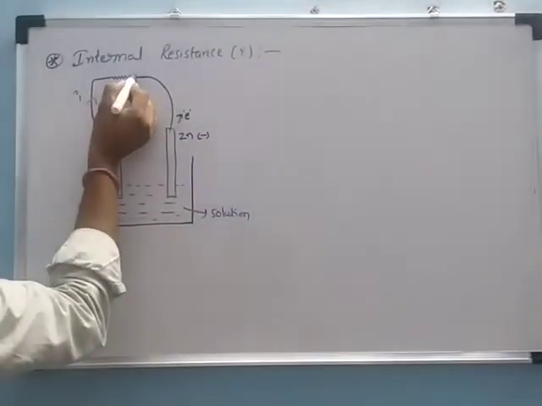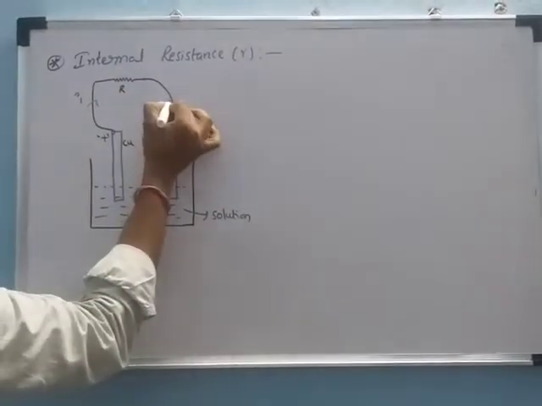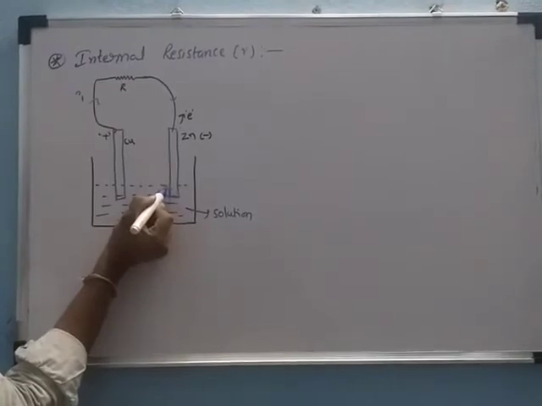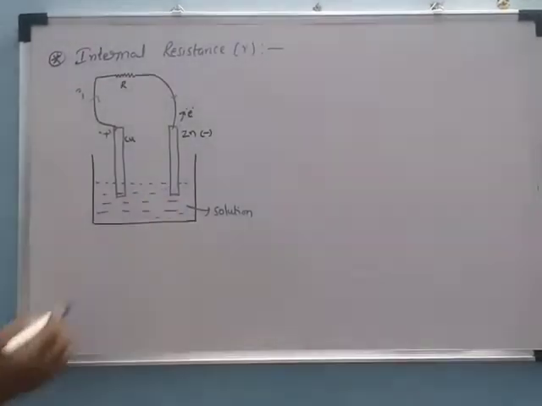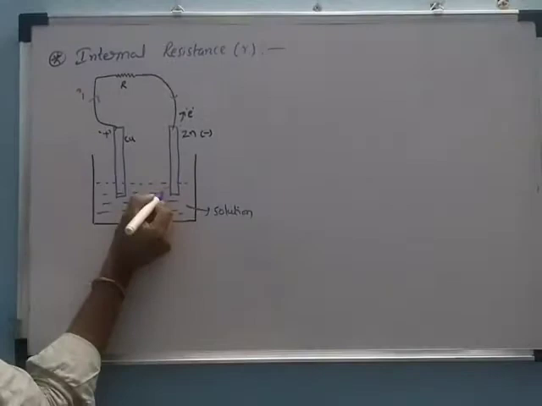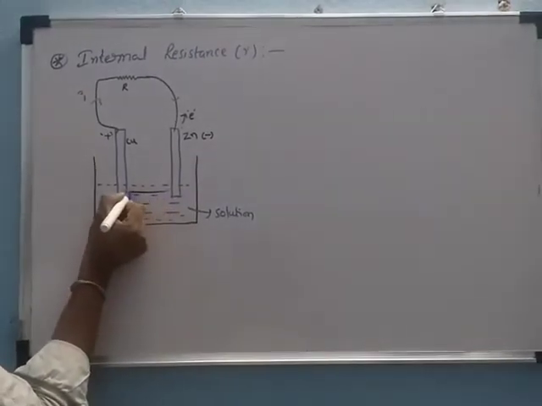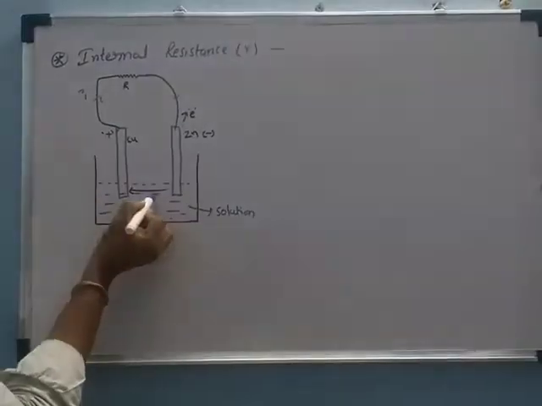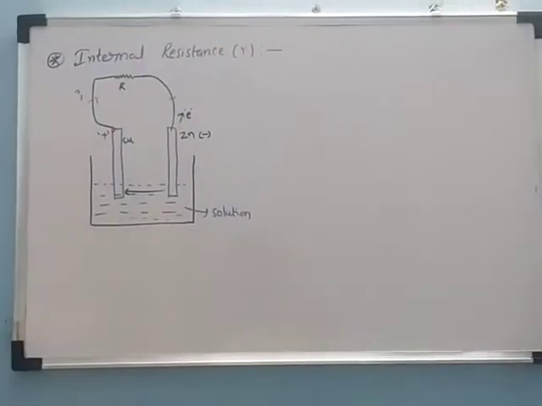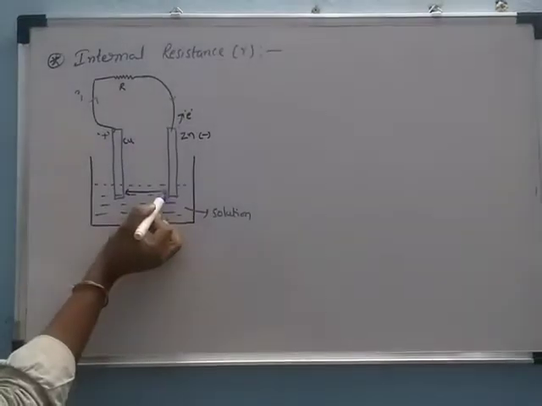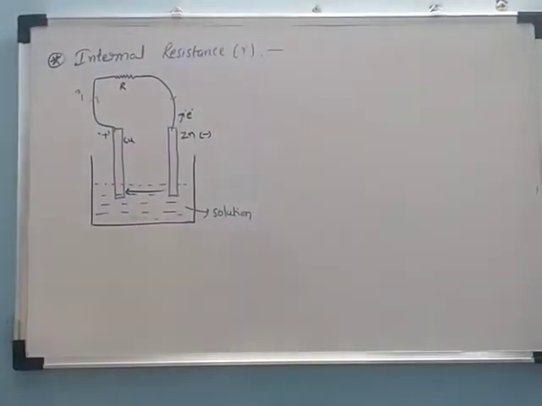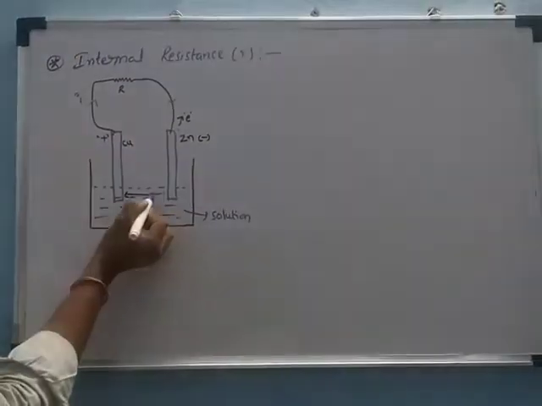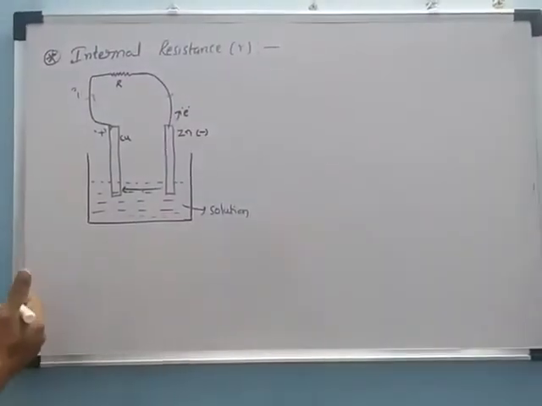Now here some external work is done and the charge is moving. This is the direction of the current. When it reaches the zinc plate, it passes through from the zinc plate to the copper plate inside. But we can observe that in a chemical solution it is not easy to flow inside this solution. It is somewhat difficult for the current to flow. That is, it is offered some opposition.